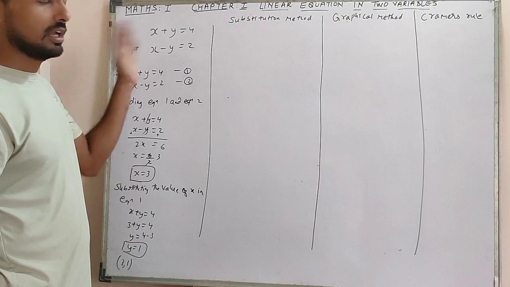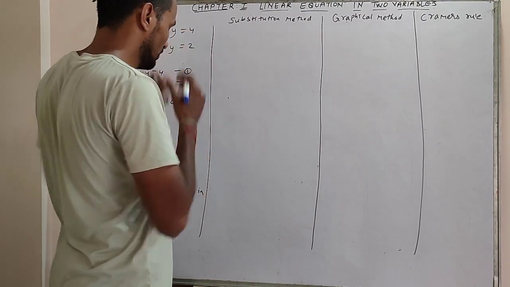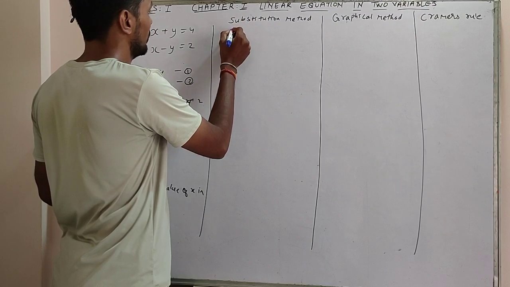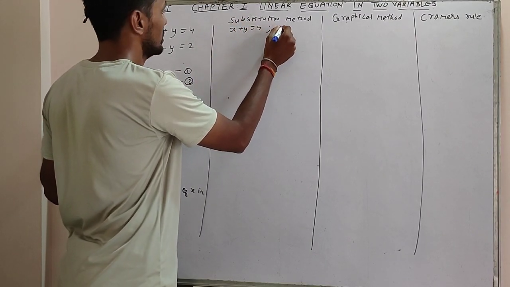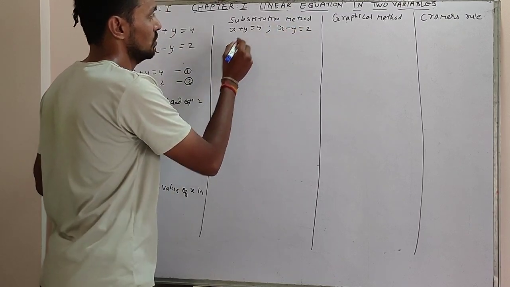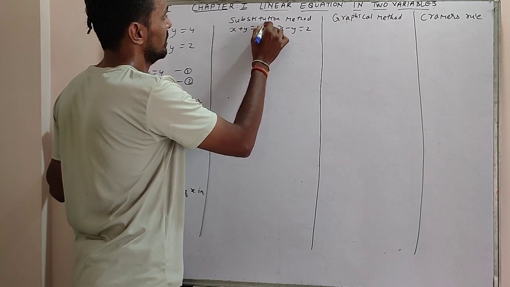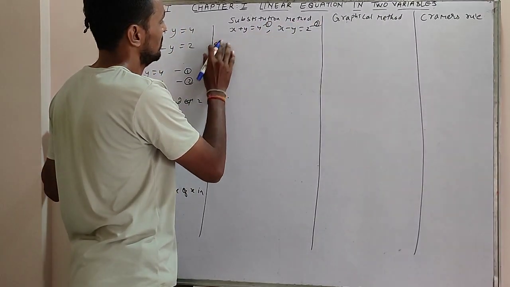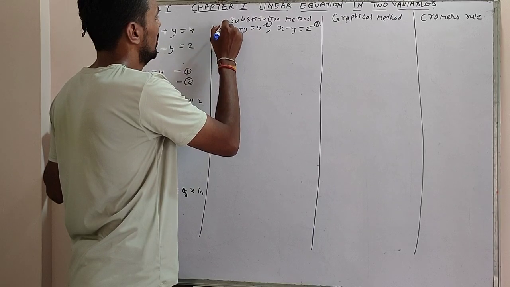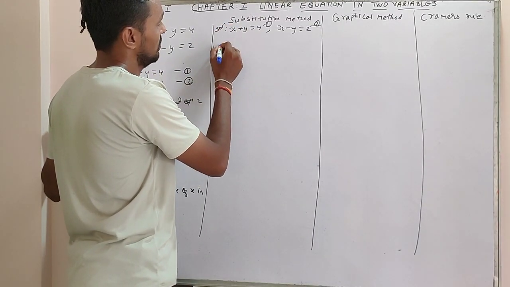I will use the same equations for the substitution method. In this, I'll write both the equations. x plus y is equal to 4, and the second equation is x minus y is equal to 2. I'll just number them here only. This is my equation 1, and this will be my equation 2. Solution. So now what will happen? I'll just write down equation 1